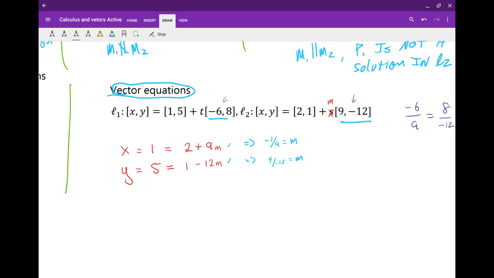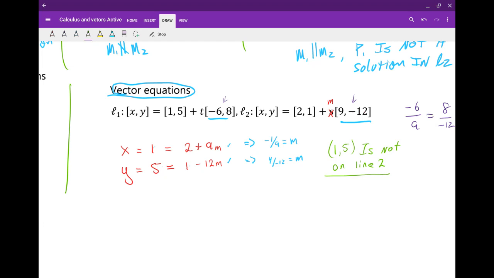Okay, well, the M in the X and the M in the Y components, they are not equal. So the parameters are not equal here. Okay, I don't want to put subscripts there. So the parameters are not equal. So therefore, 1, 5 is not on the line. So therefore, 1 comma 5 is not on line 2,